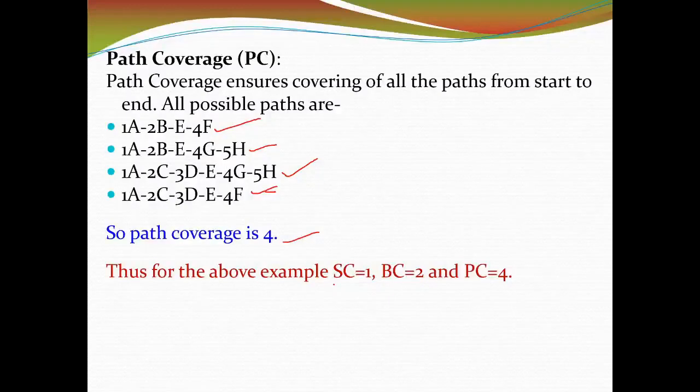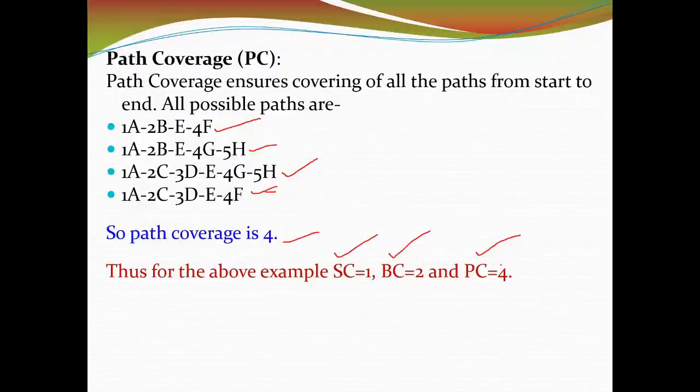For the above code, the same code we have seen for statement coverage, one test case was enough for statement coverage, and in branch coverage, that is conditional coverage, 2 test cases are enough, that is 1 test case for the true part and 1 test case for the false part. But in path coverage, you need at least 4 test cases to cover all the possible paths.